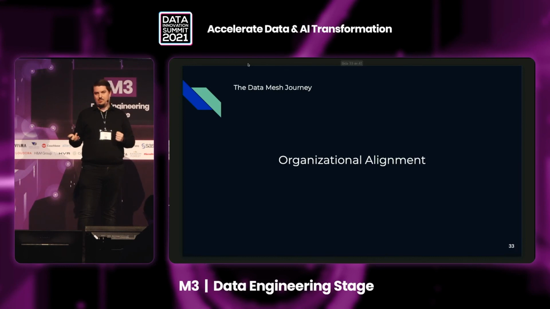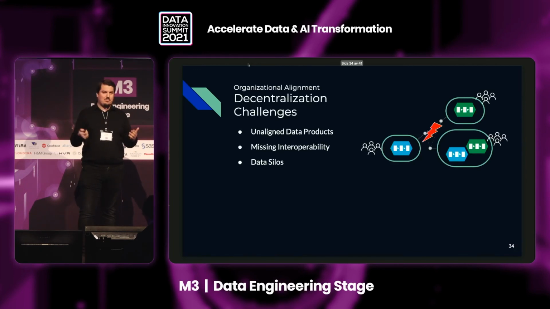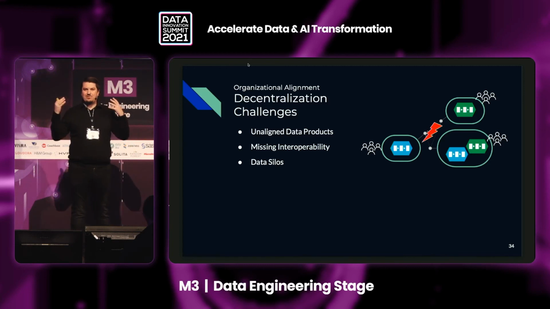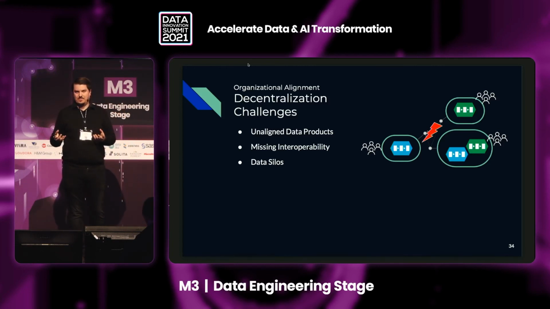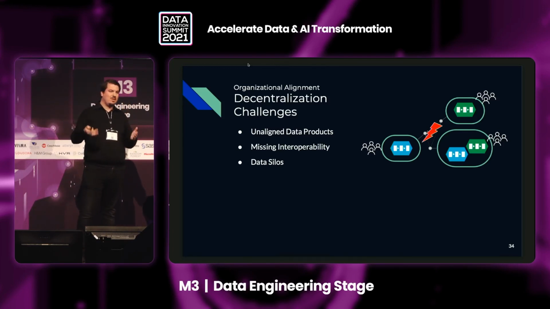The last point that I want to quickly address is organizational alignment. Again, I have already mentioned parts of that in the federated governance discussion. We can have two perfectly built data products that are running in totally different directions, completely isolated from each other, where it's incredibly hard to combine them and work with them in a single and central way. So we have unaligned data products, missing interoperability, and we are again creating data silos, even if within each silo we might have perfect data products.